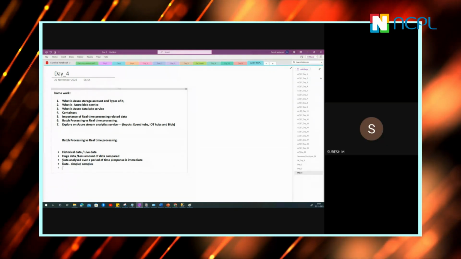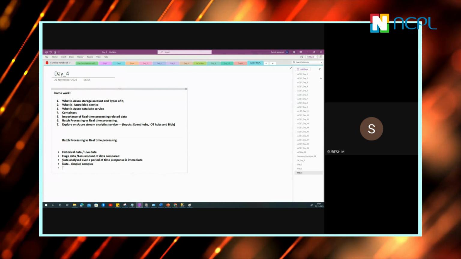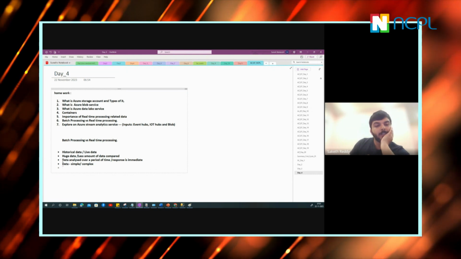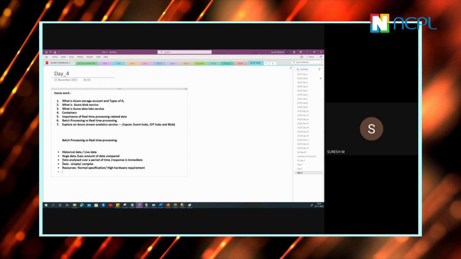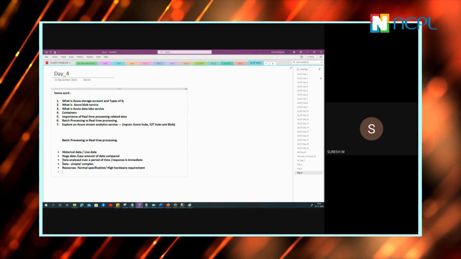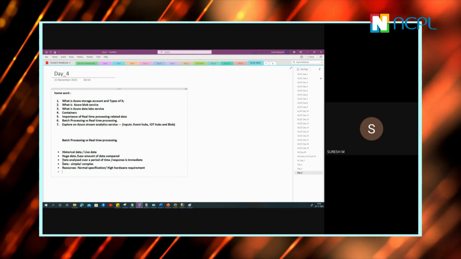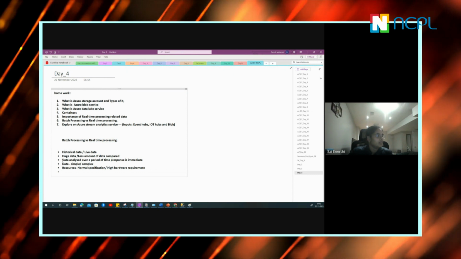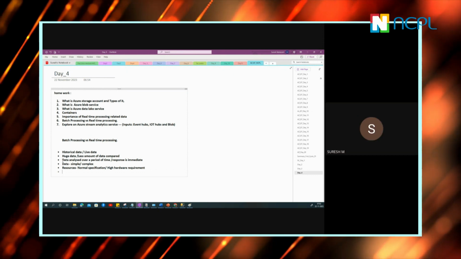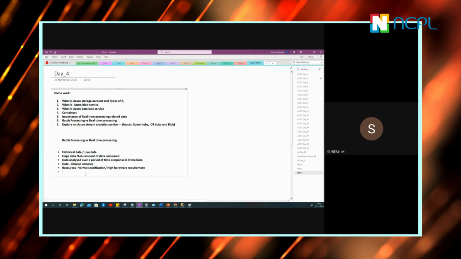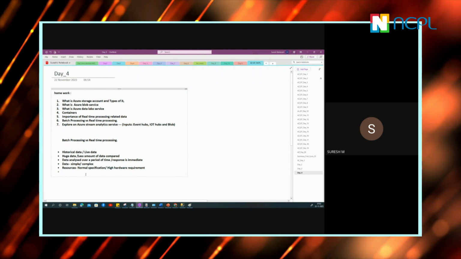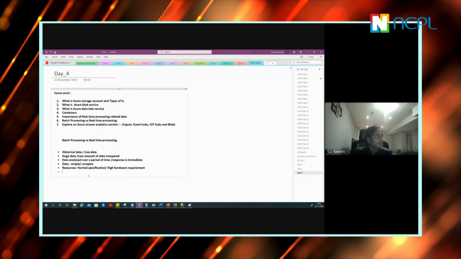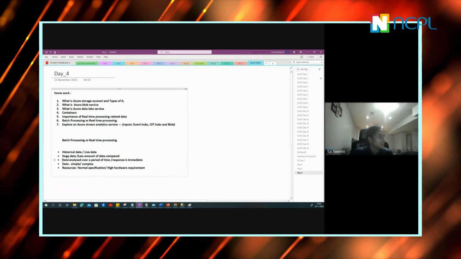Anything else? Kirti? Yeah, Saket. Normal server specifications and high hardware requirements. Okay, makes sense. Anything else? Kirti, want to add anything about all this? Real-time data, I think the information is always up to date. Real time is up to date, and historical is not up to date. I think we need to process it manually.